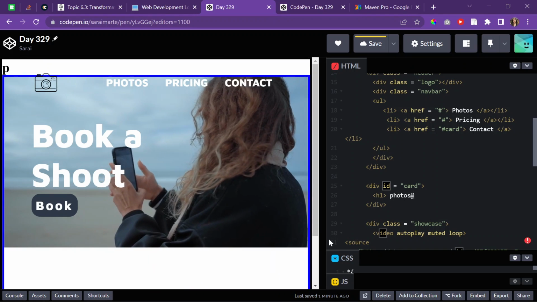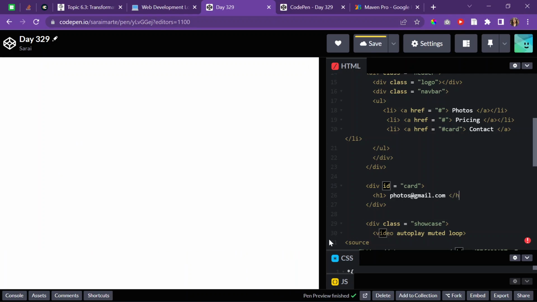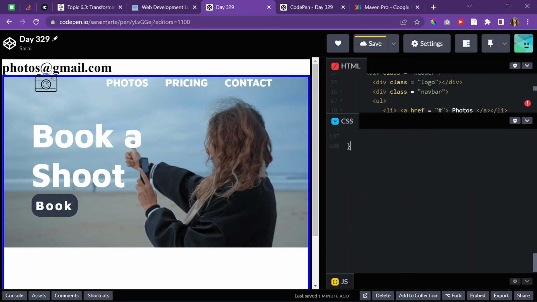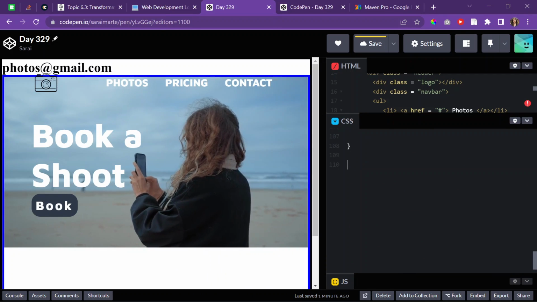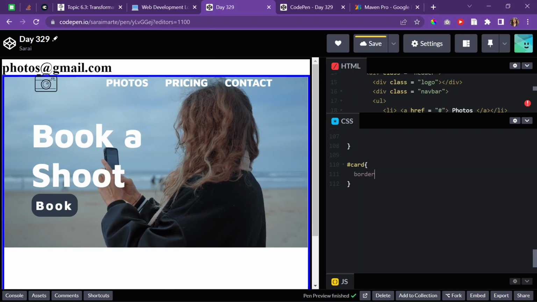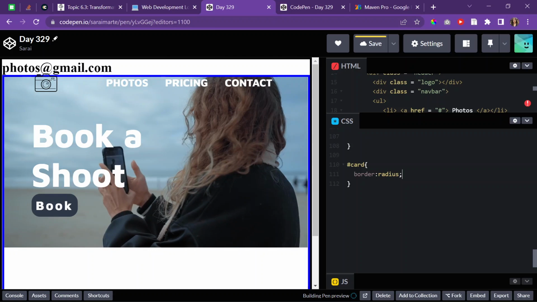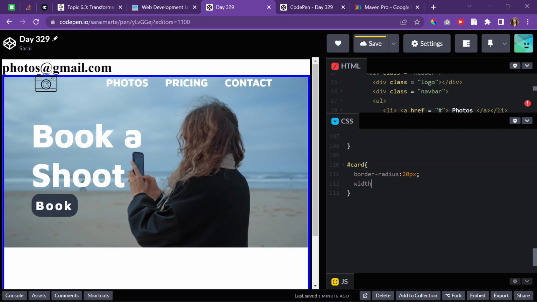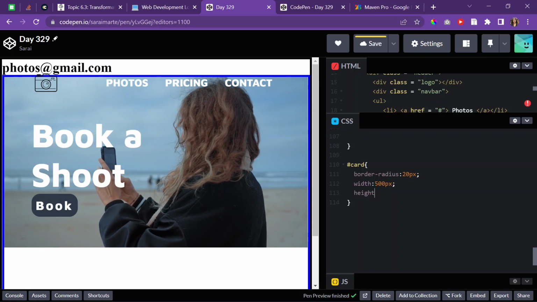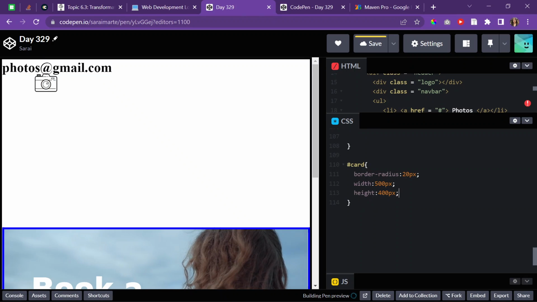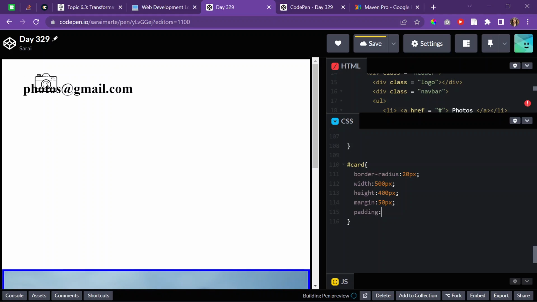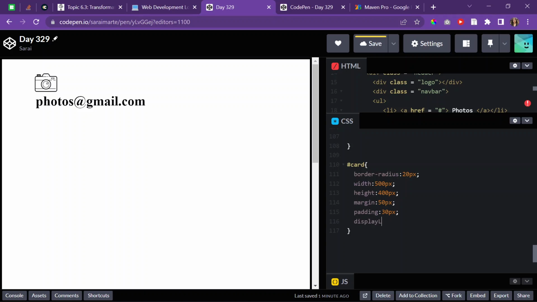photos at gmail.com, and then I'll go here to the card over here and I'll do card and I'll give it a border radius of 20 pixels, a width of probably 500 pixels, a height of probably 400 pixels maybe, margin 50 pixels, padding 30 pixels, display